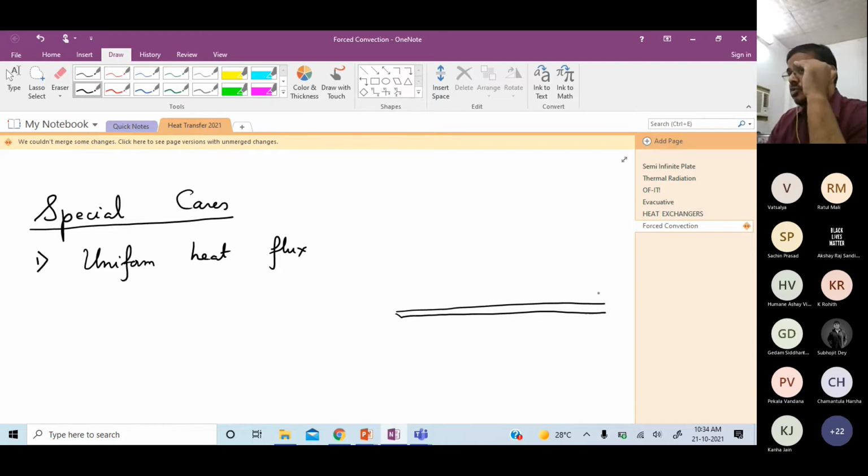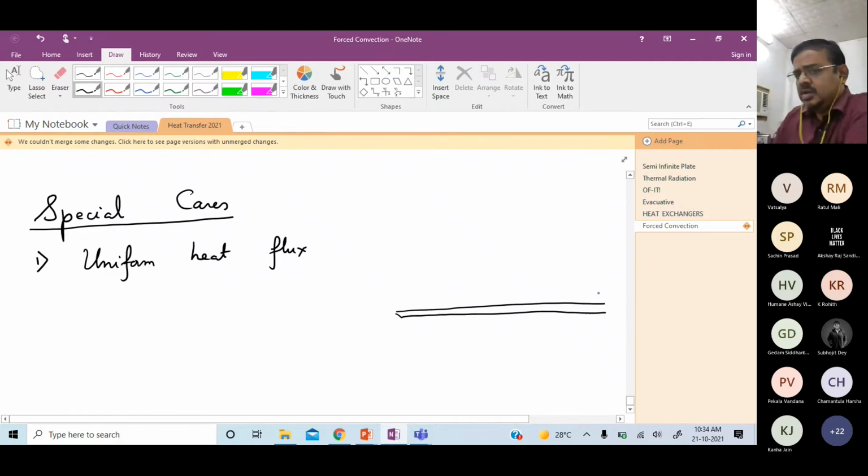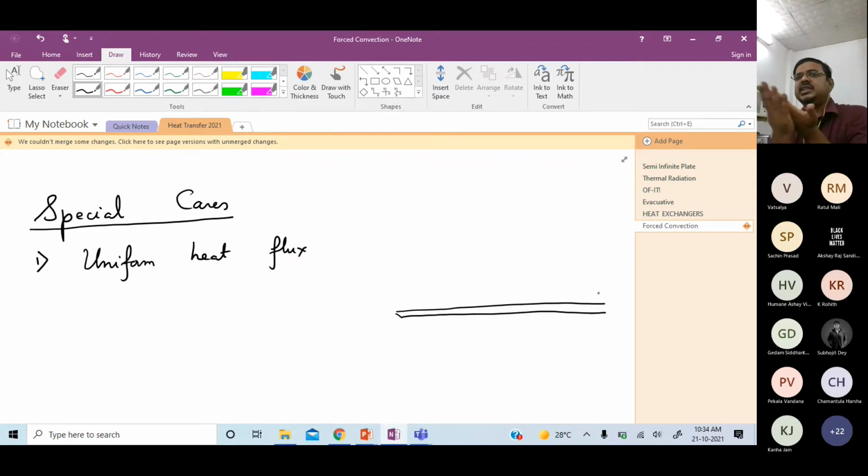When it was uniform temperature, we saw that the heat transfer was higher at the leading edge, and then it slowly reduced as we moved. So heat transfer rate along the plate was non-uniform. But most of the time it's much easier practically to have a surface which is isoflux. I can just attach a heater and then it will be a unique isoflux surface. Most of the experiments we do are like that. I can change the power to the heater and therefore change the heat flux. If I have to maintain an isothermal temperature, it's much more difficult.